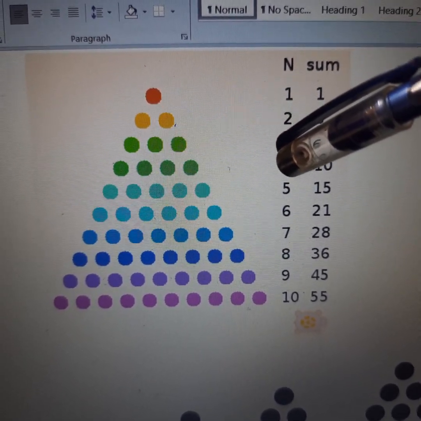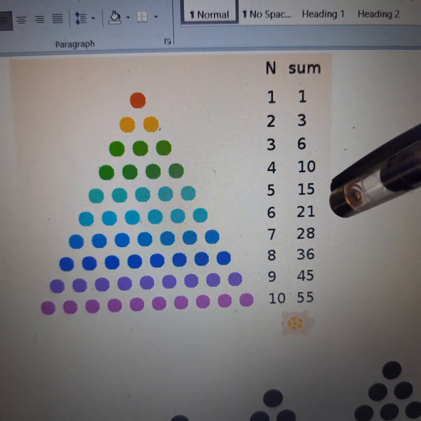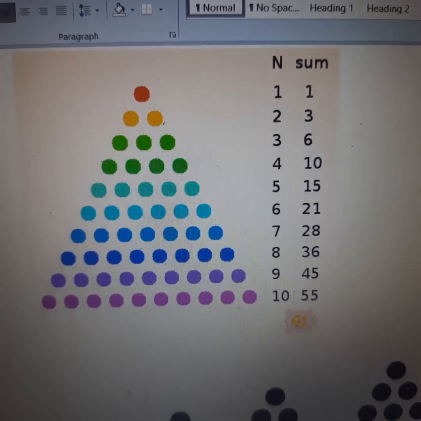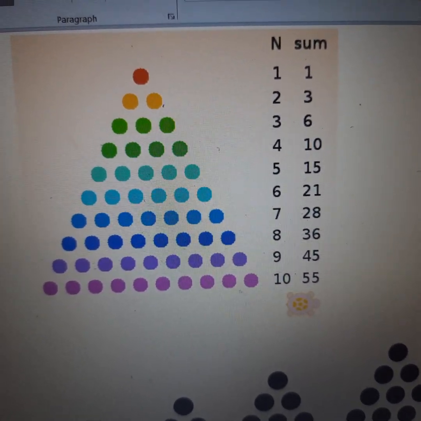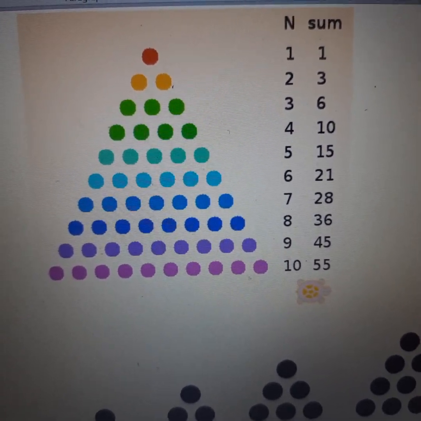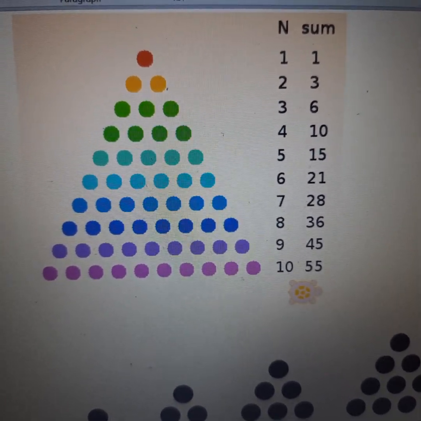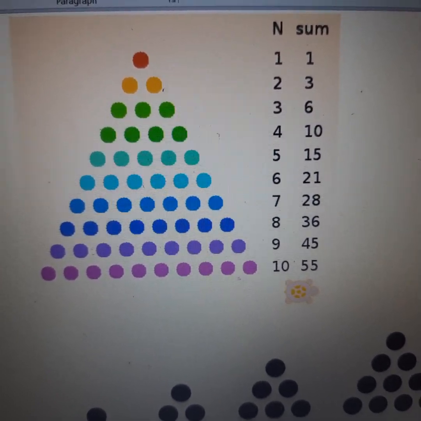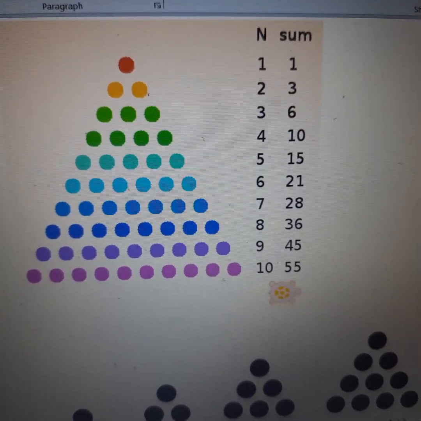1 plus 2 plus 3 plus 4 plus 5 plus 6 gives us the next triangular number, that is what? Yes. Check it out for yourself. Like this we can go on adding. 1 plus 2, 3. 1 plus 2 plus 3, 6. 1 plus 2 plus 3 plus 4, what do we get? 10. Okay. So this way you can know which is the triangular number. So if I say the fourth triangular number, you know it is 10. And if it is the 7th triangular number, you know that number is 28. So the 10th triangular number is 55.